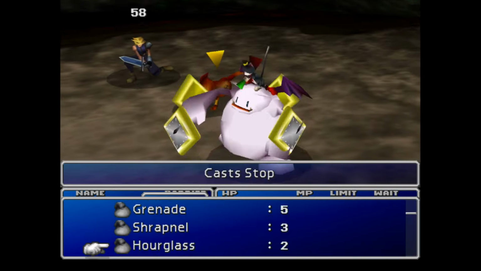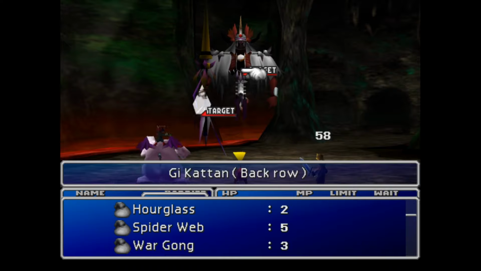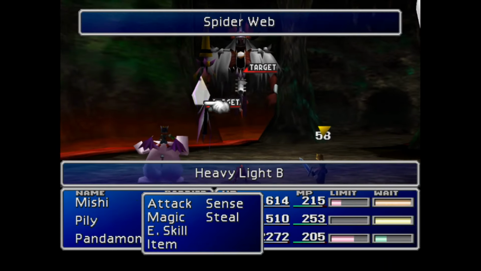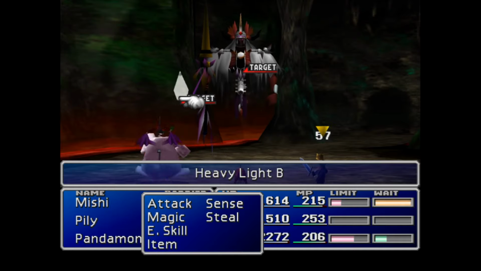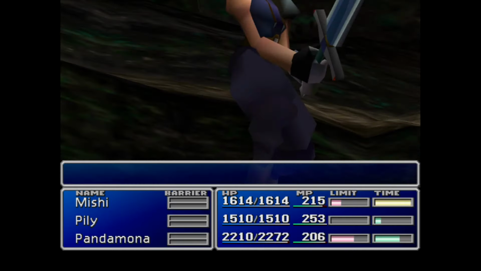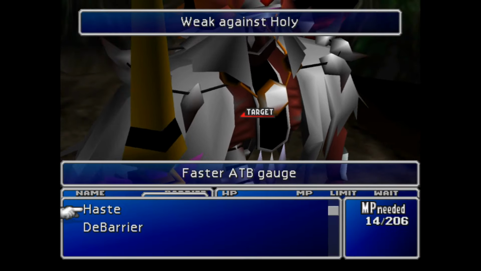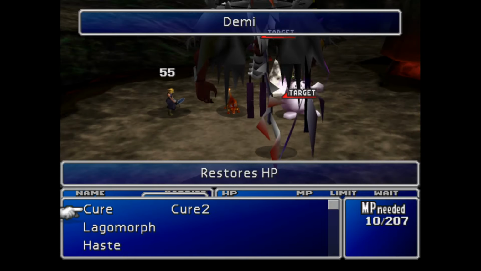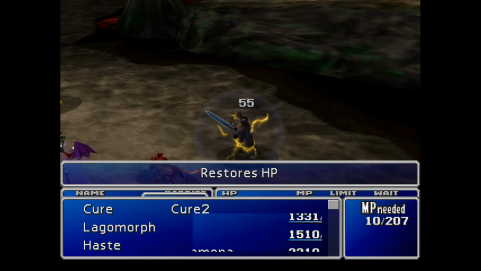I'm also not going to slow down... Does this hit them both? No. I'm also not going to slow down the flamey gravity guy, because I want him to possess me and give me an opening to attack. So, may as well use Sense. This guy doesn't have a lot of HP, but because of the gravity gimmicks here, he likes to heal himself, so he is weak against Holy in theory, but Cure does 0 damage to him, so...